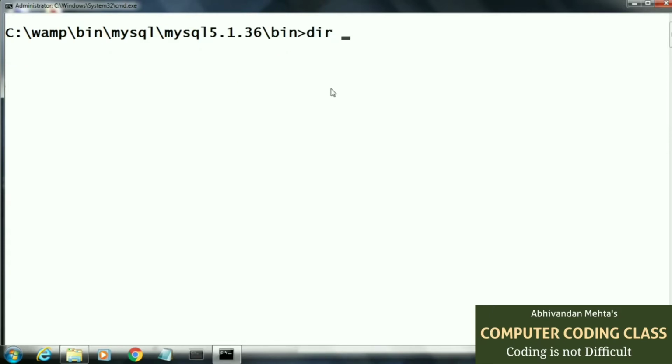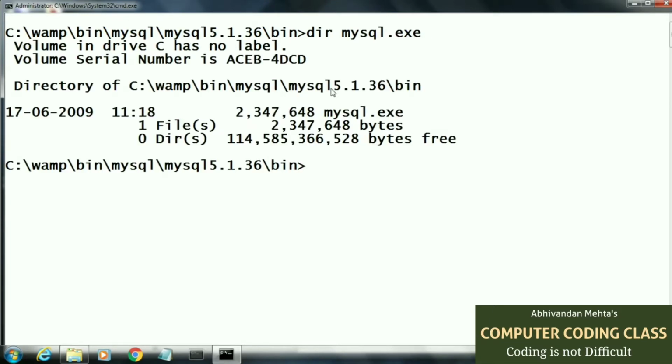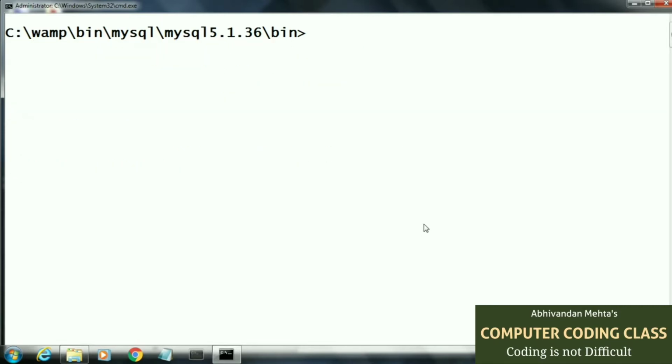Now we will check whether the MySQL file is present or not by using the dir command. The mysql.exe file is present here. Now our system is ready for logging in to MySQL as an administrator.